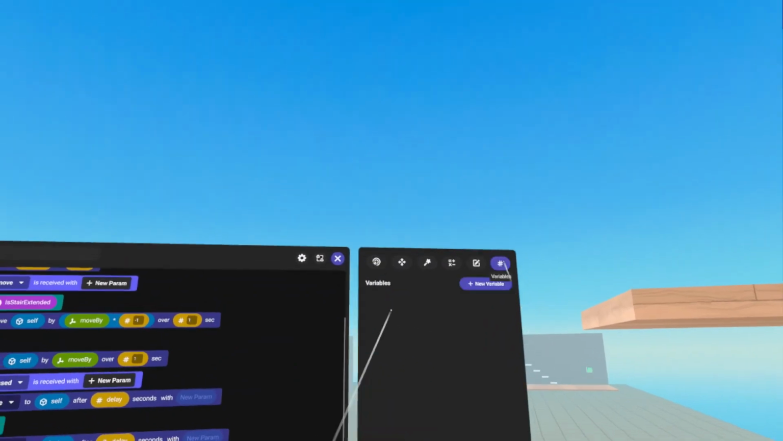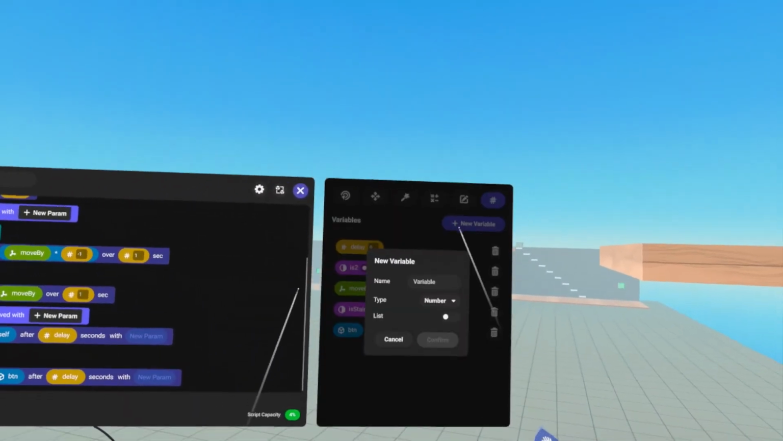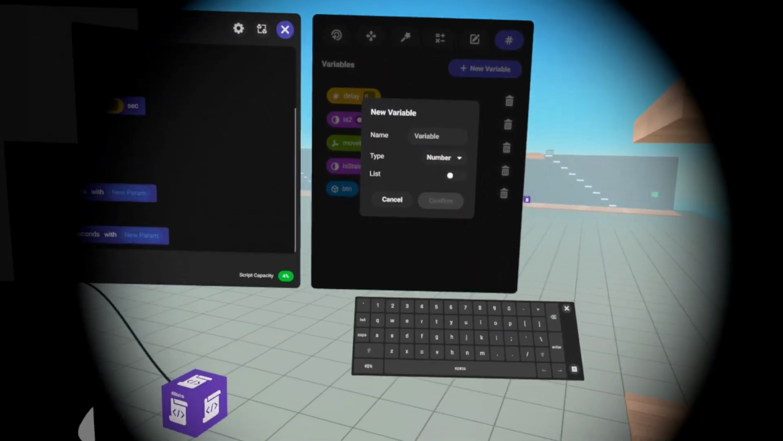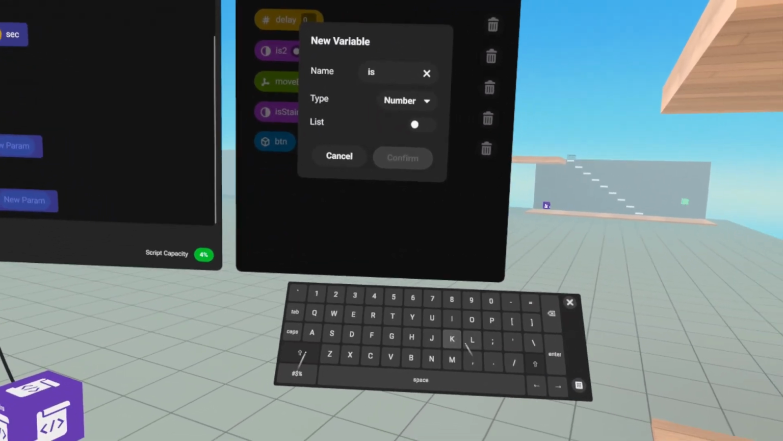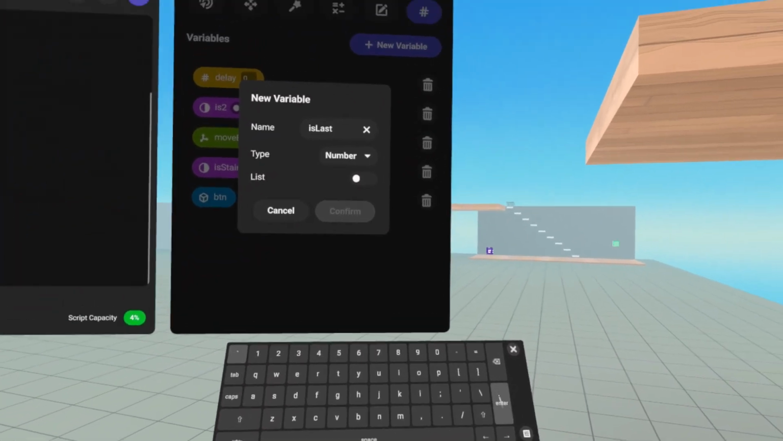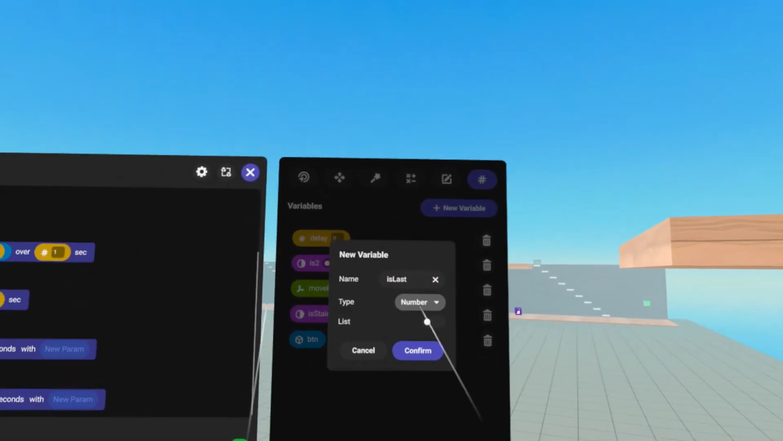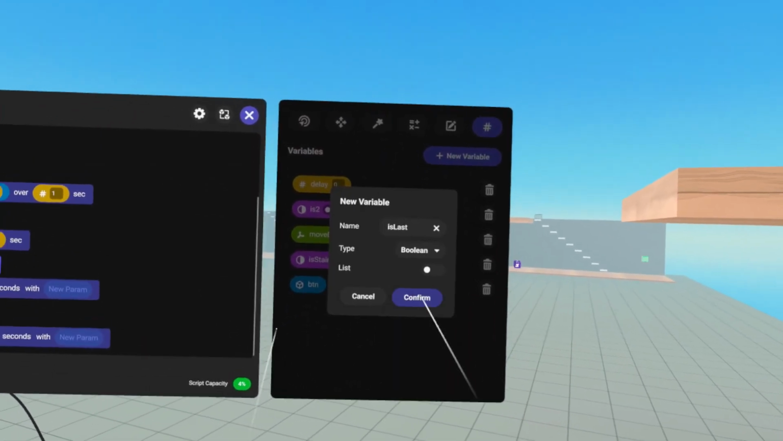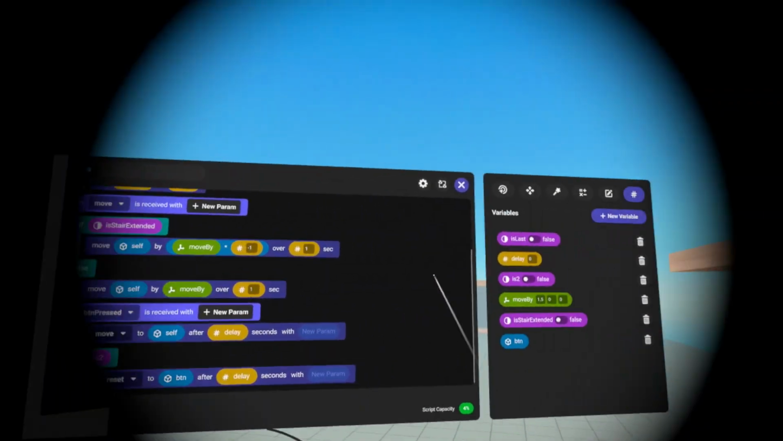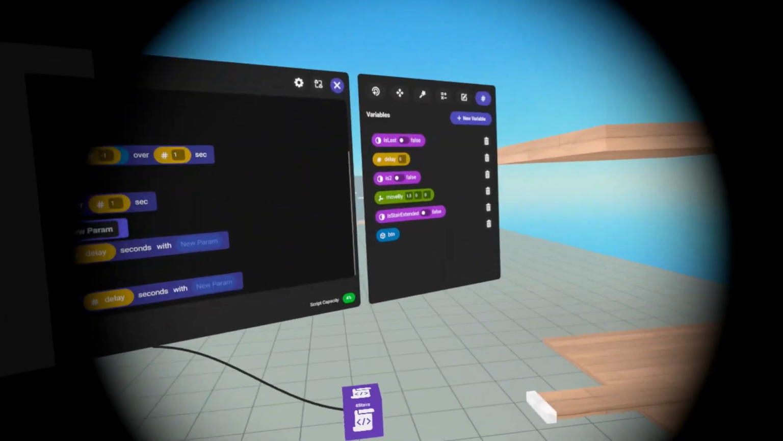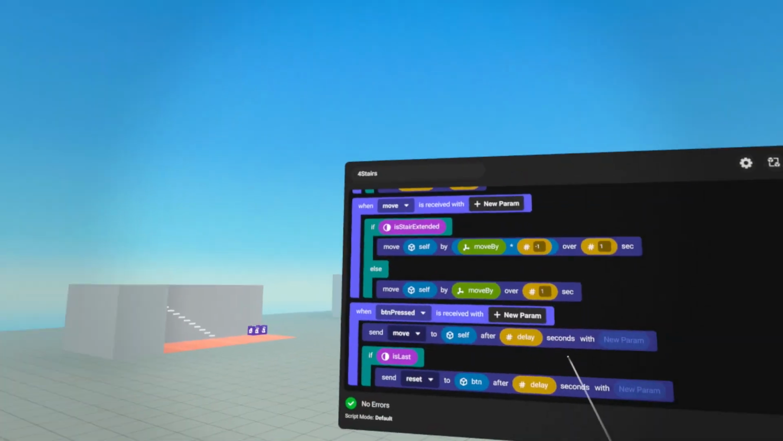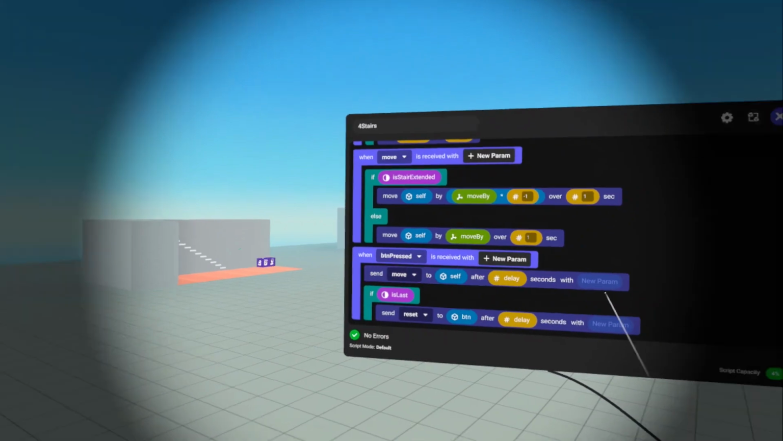That's more than enough. So I'm just going to make another variable and call it is last. So if it's the last staircase, it's going to be a boolean. And then over here, we're going to check if it's the last staircase. We're going to turn that on when we set them up. And for now,